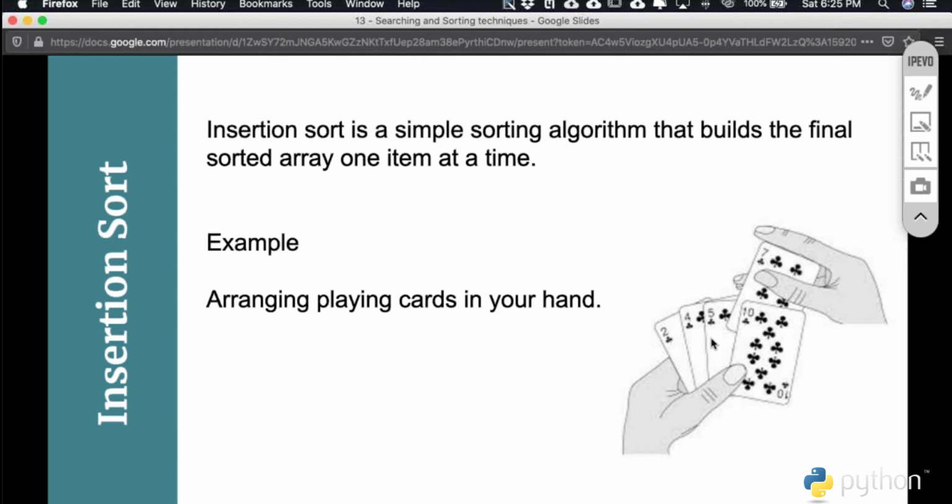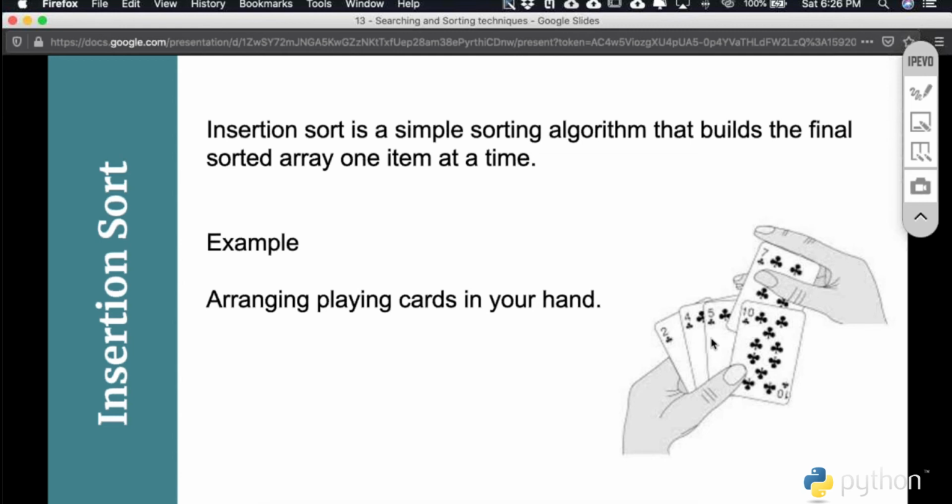Now I pick the next card from the deck, and it is a 7. When I go for the insertion, I start making comparisons from the right side of the cards, because I know these are already sorted. If it is smaller, then I can place my card right there. If it is greater, then I make a small swap and compare with the very next card. If it is also greater, I make another swap and compare with the next one. That's how I get a very small number of comparisons while inserting those cards.